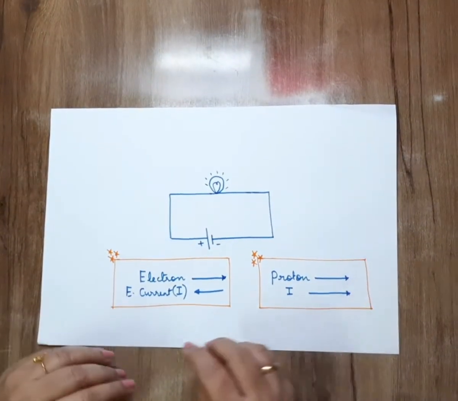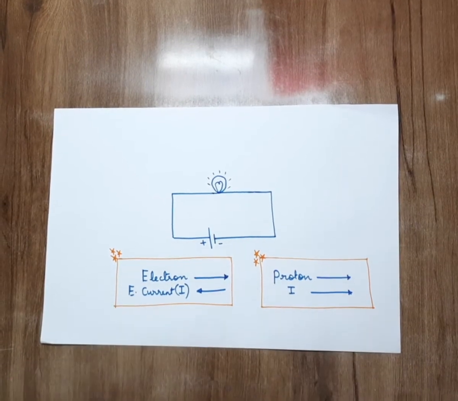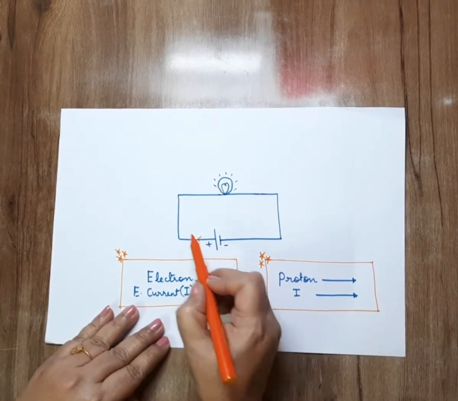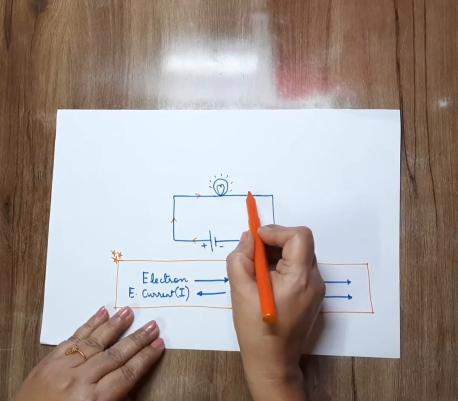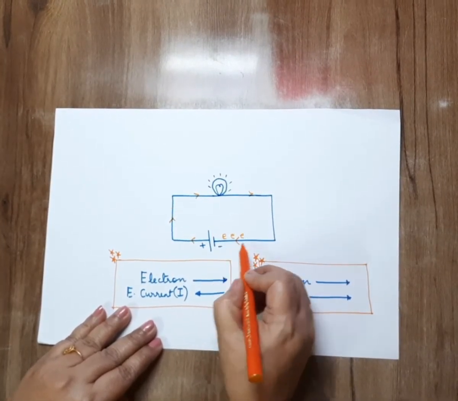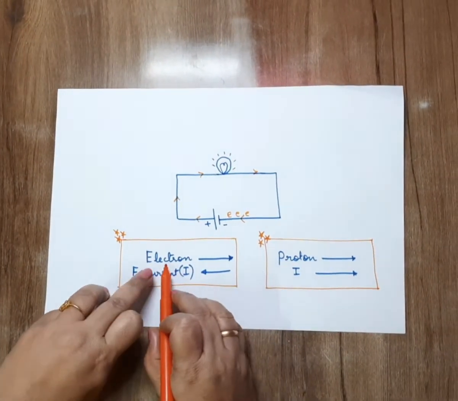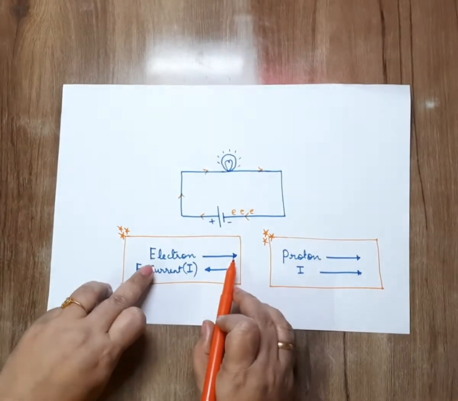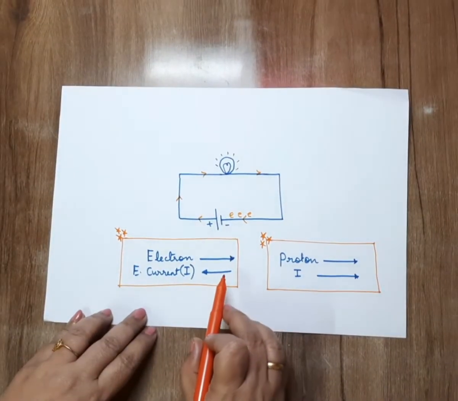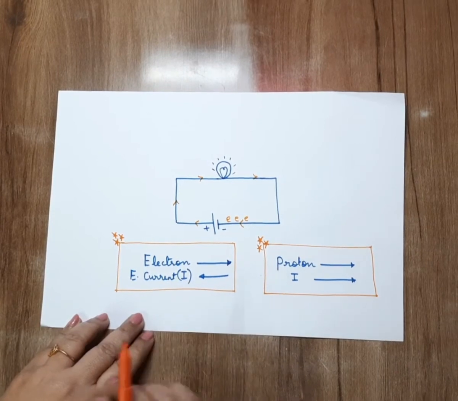These are the things we need to know before we get started. The flow of current usually will be from positive to negative terminal. But here electrons move from negative to positive. So in a question, if we come across electrons moving in a particular direction, then we have to take the direction of current opposite to that of the electron.